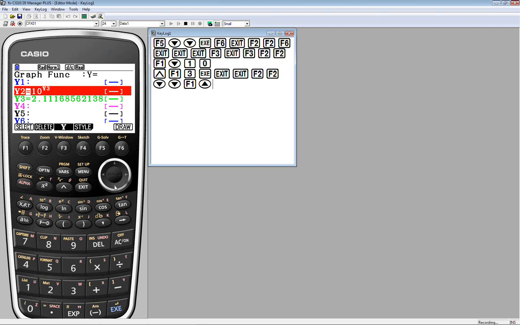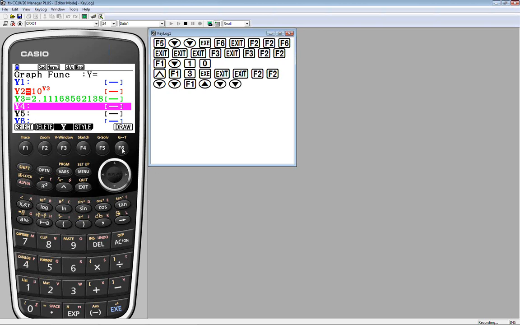This F1 will turn functions on and off for graphing purposes. Notice the equal sign on my Y3 is not highlighted, so it won't be graphed. And the equal sign on my Y2 is highlighted, so that will be graphed.